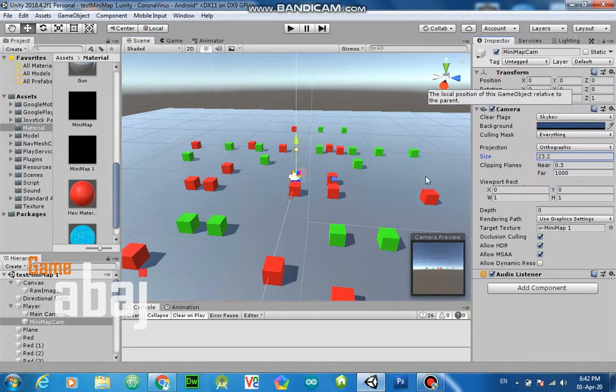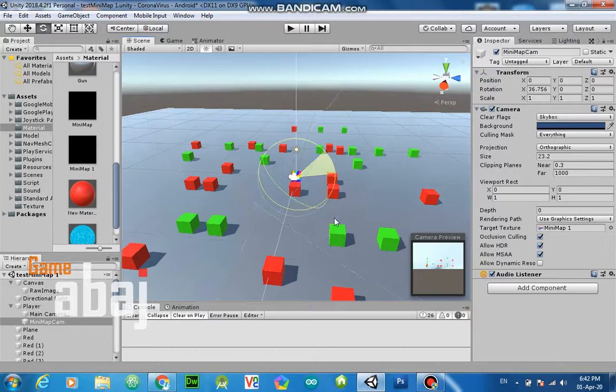Let's reset it once again. This rotation is not required, yes, this rotation we want. I think 90 degrees, 0 and 0.